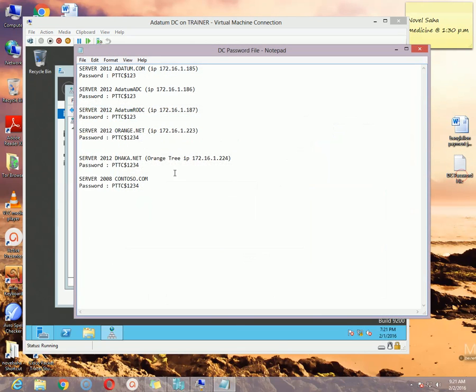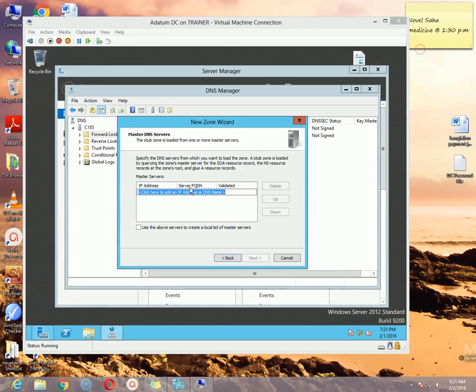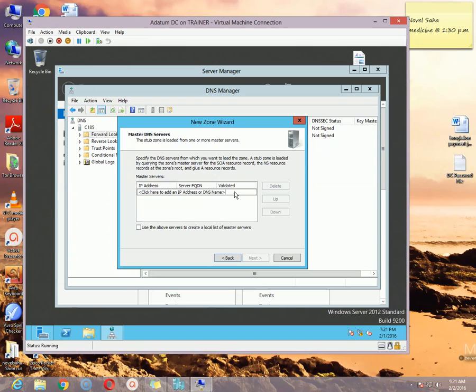The IP address for orange.net is 172.16.1.223, and then hit Enter.